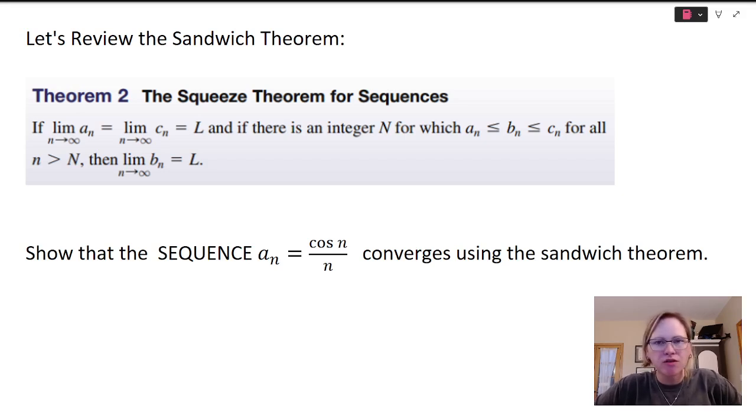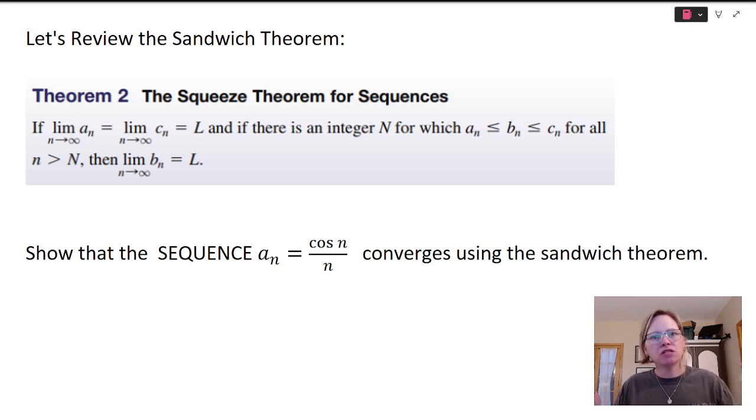This theorem is used to test sequences. For example, if you're given a rule for the terms of a sequence and we want to know, does the sequence converge? In other words, do the terms turn into something? Or if we are looking for the limit of any expression, it doesn't have to be in the application of sequences. If we're looking to find the limit of something, the sandwich theorem says that if we can essentially sandwich our function or our sequence between two sequences whose behavior we know,